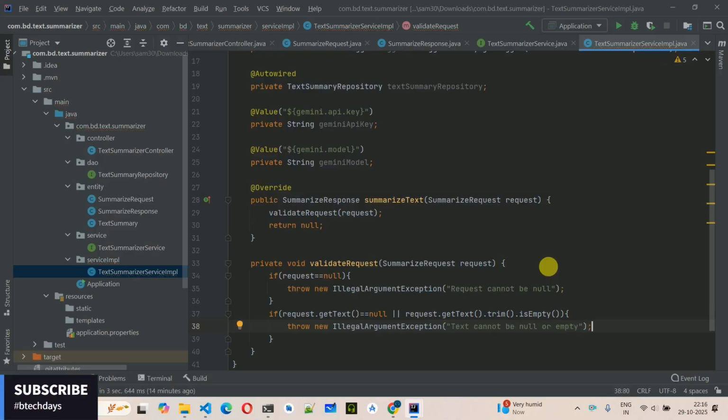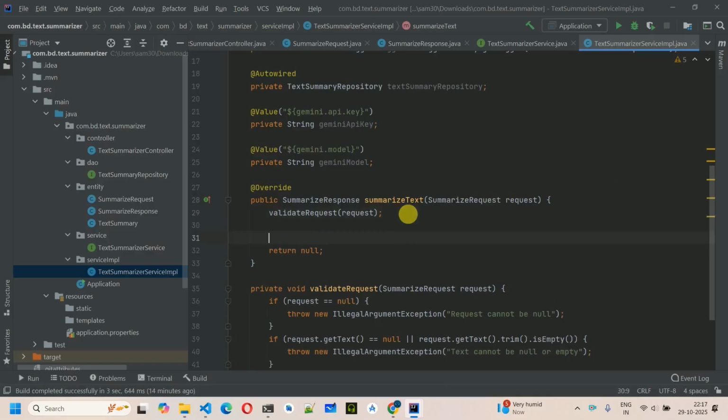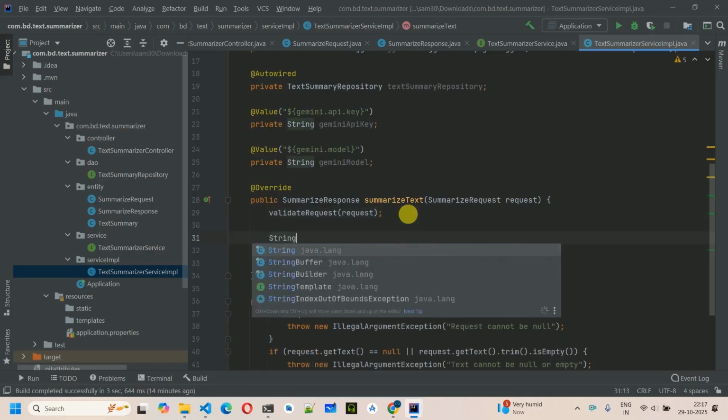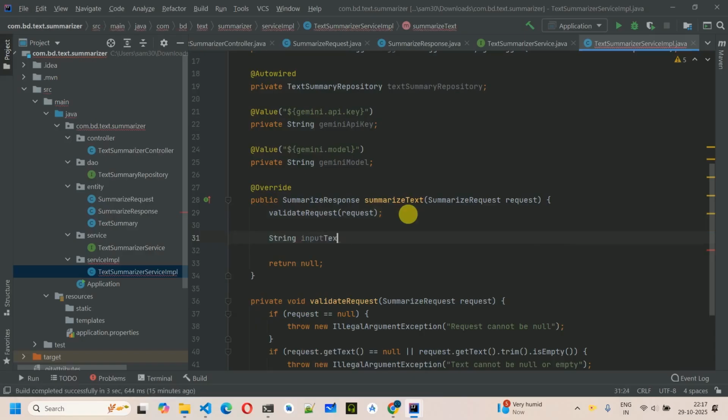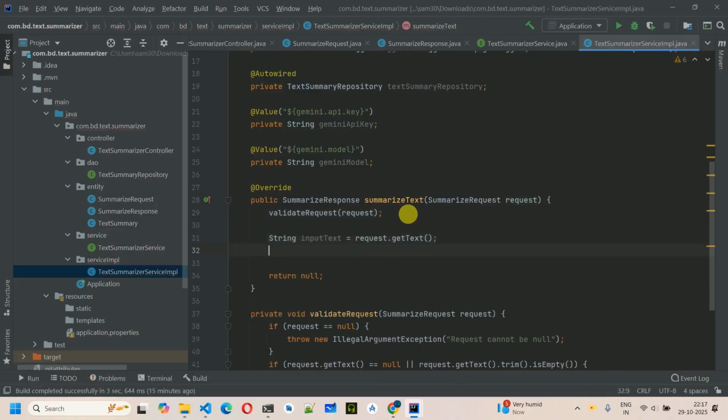Again press Ctrl Alt L to format it. Now the validation is done. Next thing we have to do is get the text. So string input text is equal to request dot get text. Next, we have to create the prompt. So string prompt is equal to build prompt